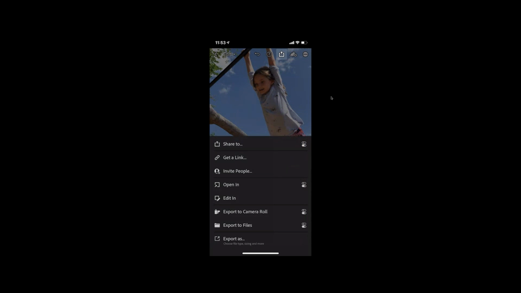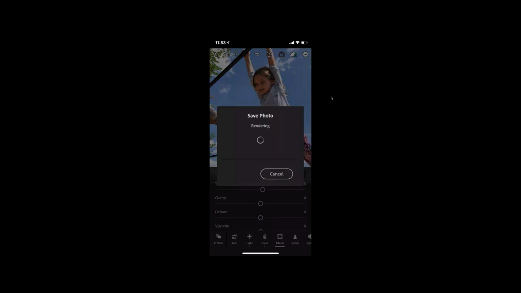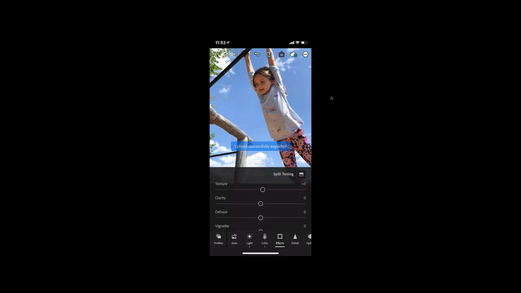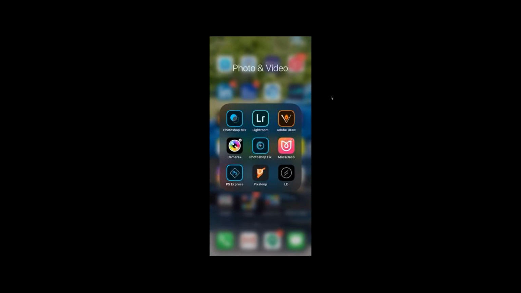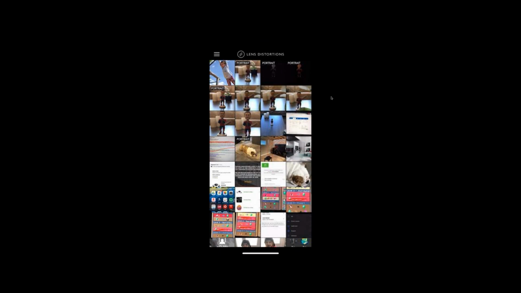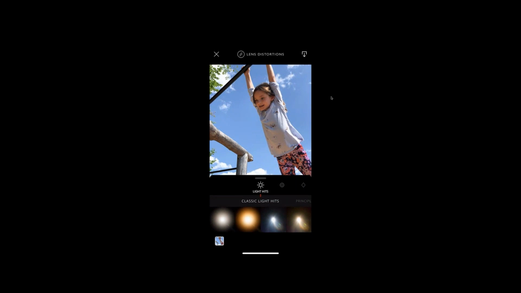Export to your camera roll, which means it's just back in my photos. And it's saving a new picture. So it's not overwriting the original pictures, it's saving a brand new picture. And this is where an application like Lens Distort can really create some different look for your image, some different effects. If I select that image that I talked about, maybe I want to make this stand out